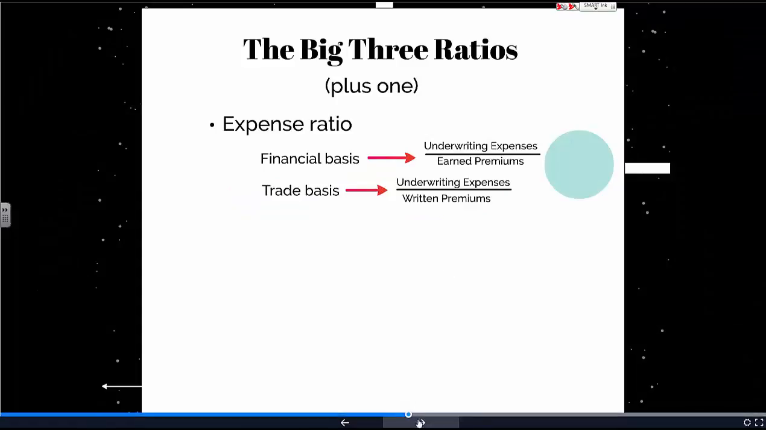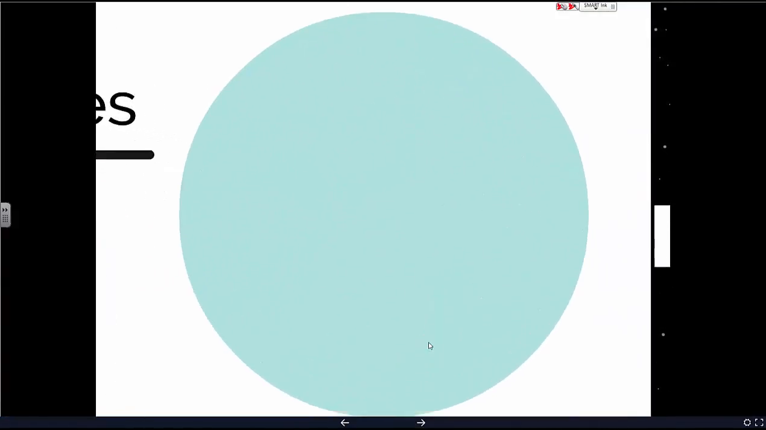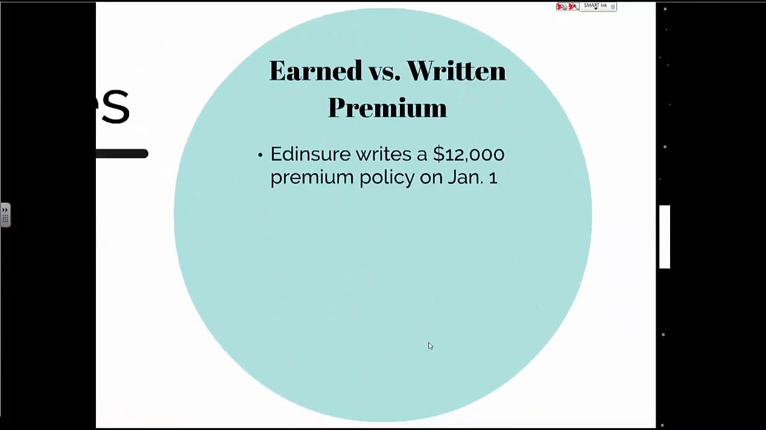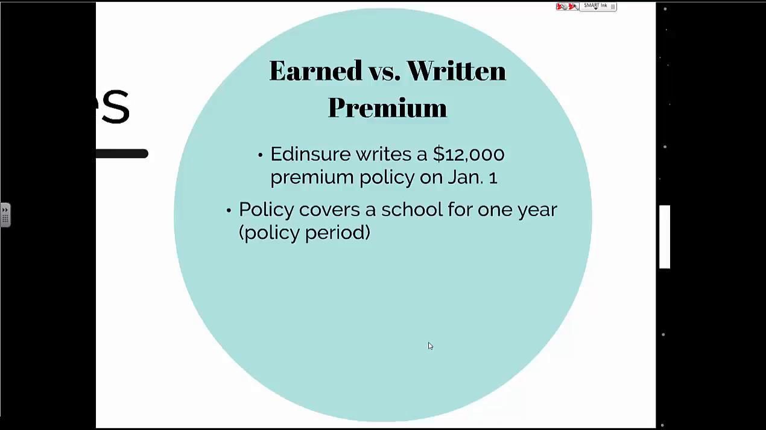Let's look at the difference between earned premiums and written premiums. Let's assume a company called EdInsure writes a $12,000 premium policy on January 1st. The policy covers a school for 1 year, or one policy period. If it covers the school for 1 year, that means that each month 1/12 of the policy is earned. At half a year, half of the policy would be earned, and at 12 months, the entire policy would be